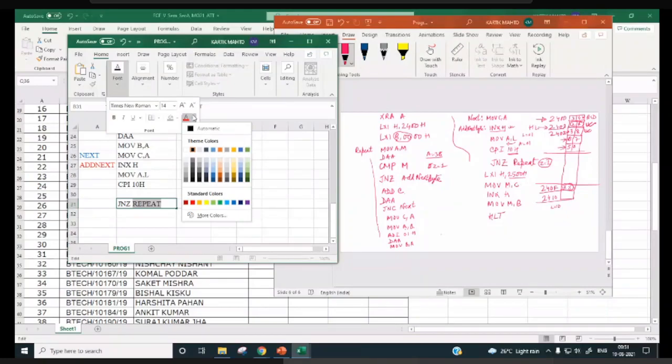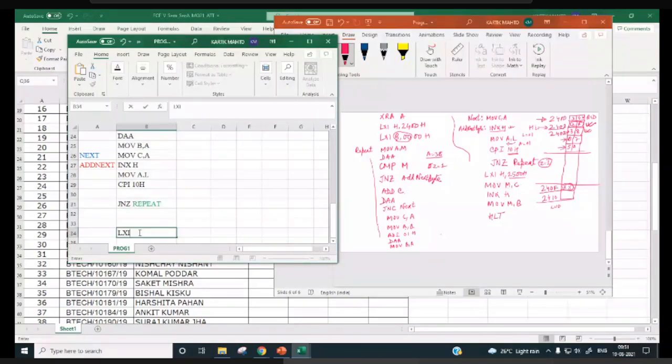Then here I have to write LXI H comma 2500H. 3 byte का है.